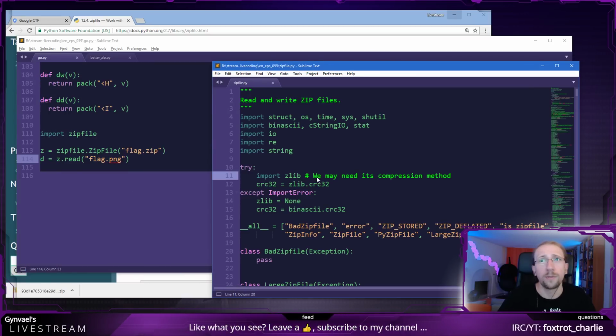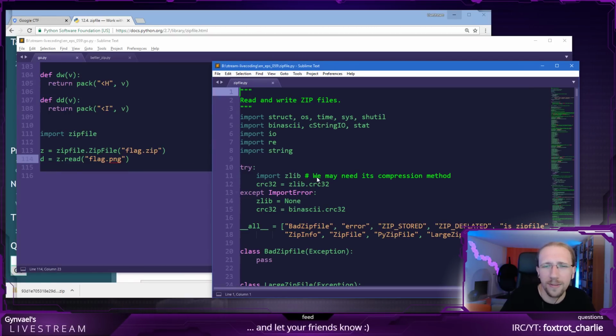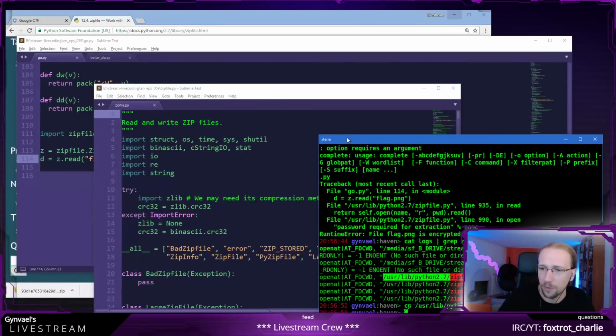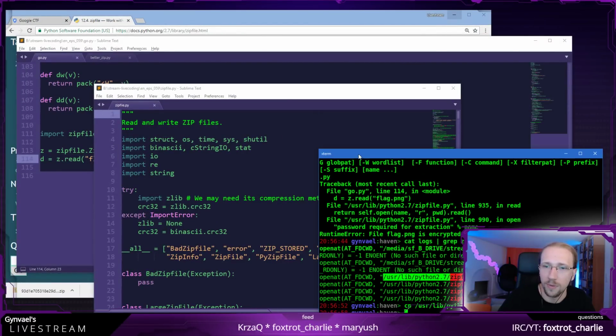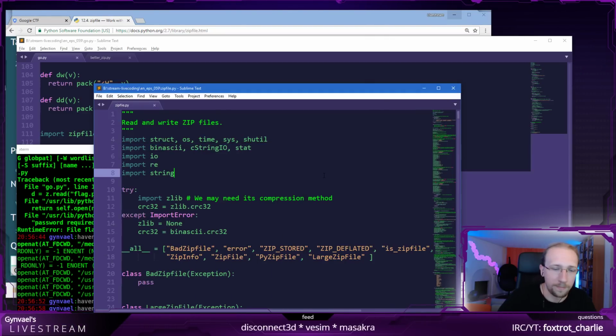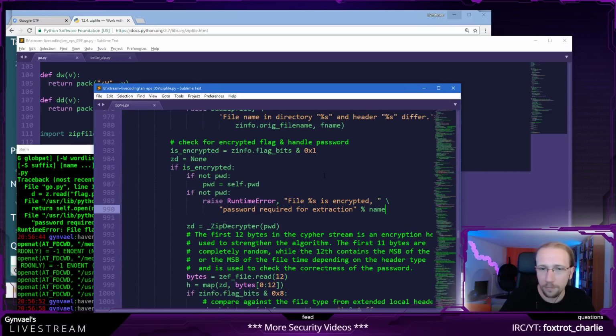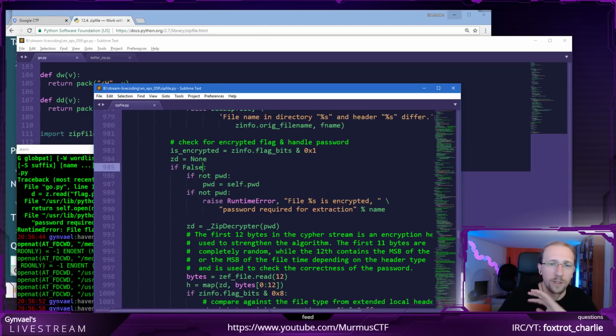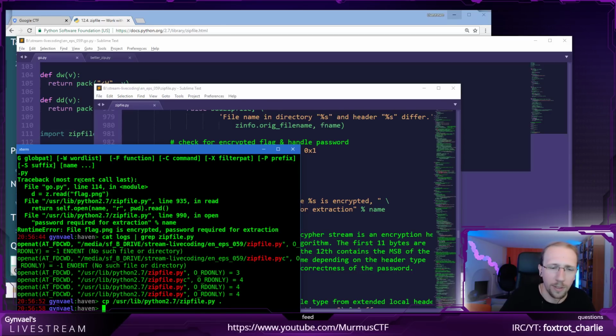And I want to first of all convince it that, hey, it's actually not an encrypted file. So where did it complain? Sorry, I'm going to move this console over here. Well, I guess you don't see it now. Let's move it here in that case. So it complained at this line, 990. It checks if it is encrypted and no password is given, then something. Let's actually do if False. Let's never go here. It's not encrypted, just ignore it. And let's try it now.